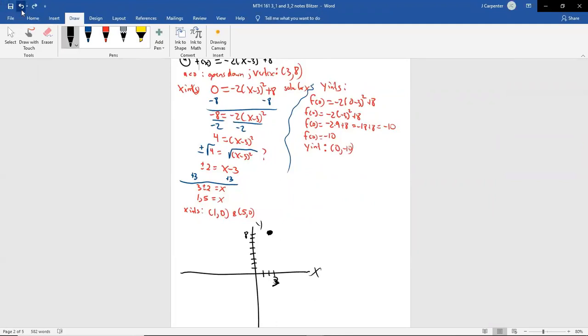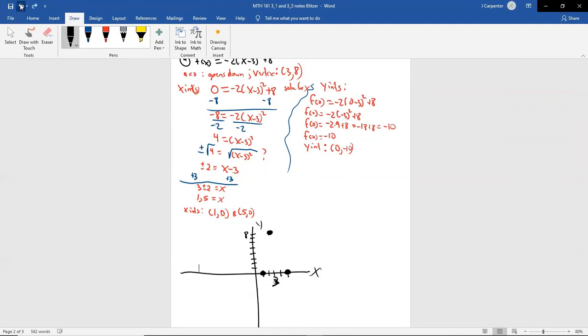Our x-intercepts are the 1, 0 and the 5, 0. Here is right 1, up or down 0. And then we got to go right 5 and up or down 0. So there's our x-intercepts. And again, on a technical level, this would be good enough to make our parabola. However,